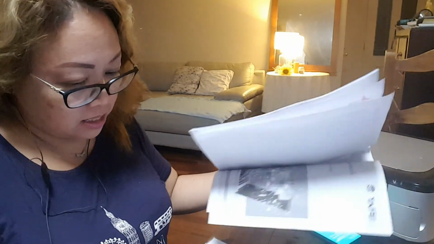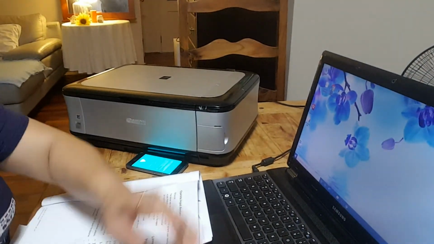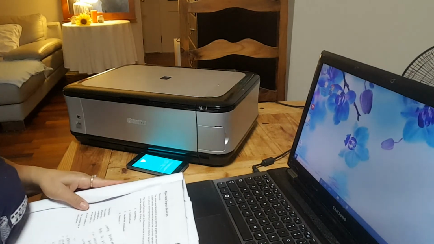Next, cleaning of monitor. When you're done with your function of the day,